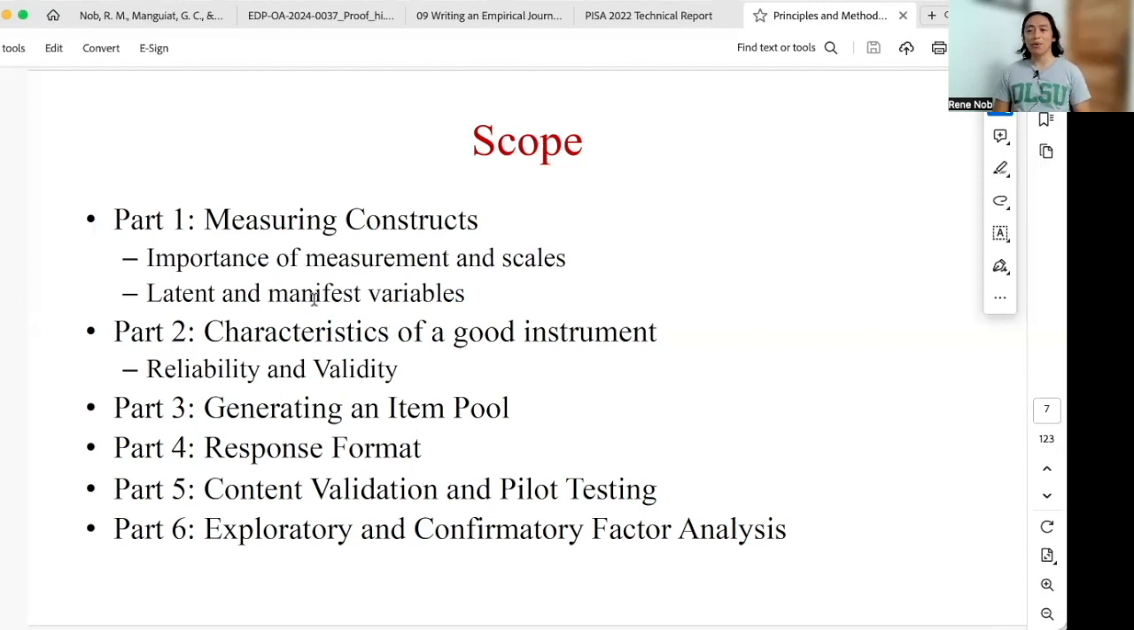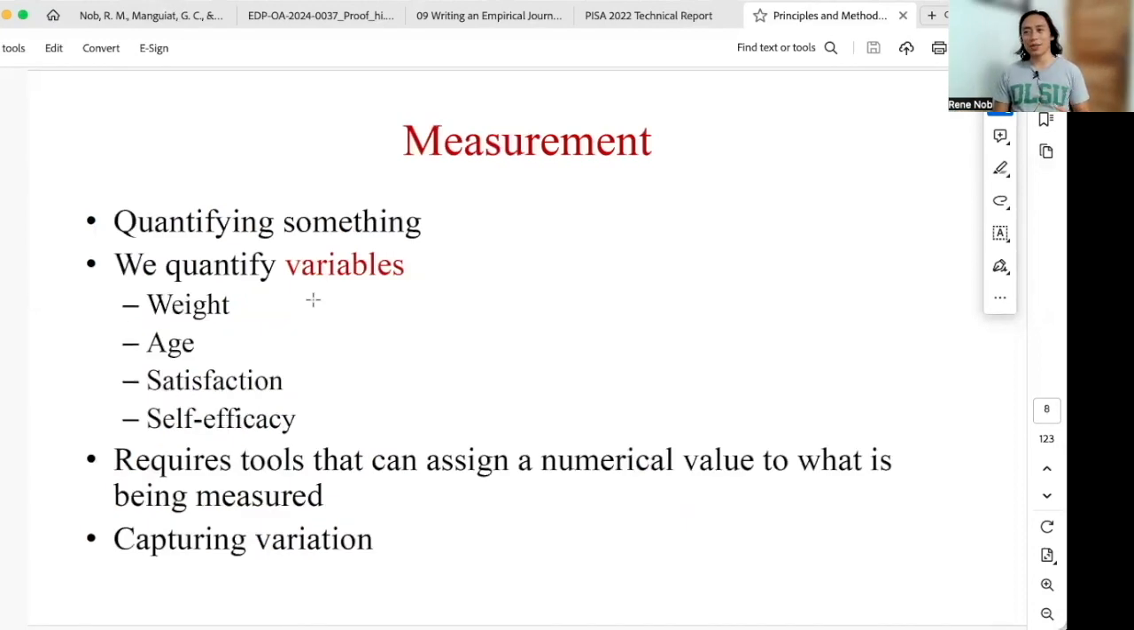Anyway, for today, we will be focusing on an introduction to scale development. So let's begin. I suppose because the intention of the scale is to measure something, it's important to first talk about the concept of measurement. There are many definitions of what measurement is. I have my personal definition, but traditionally or conventionally, when we talk about measurement, the first thing that comes to mind is the idea of quantifying something, the idea of representing something